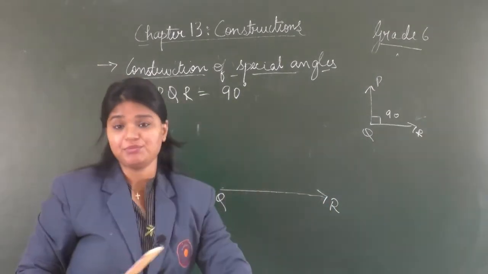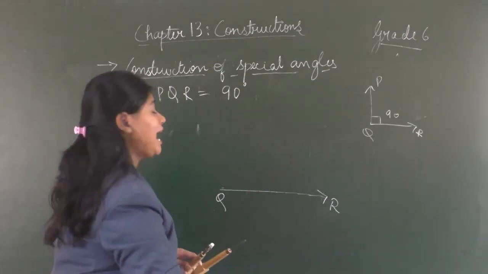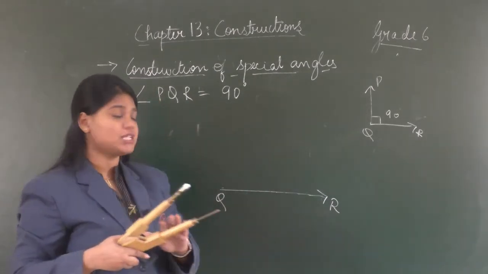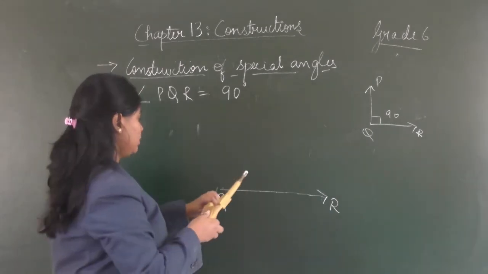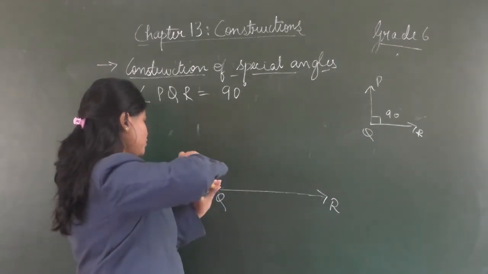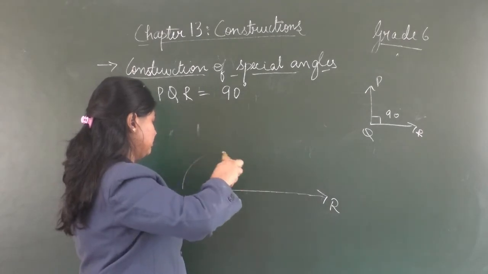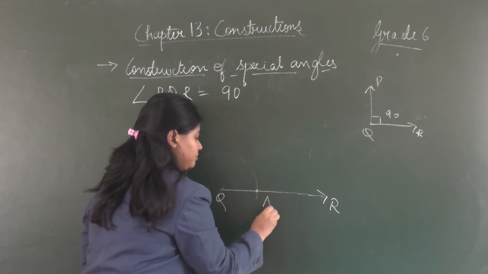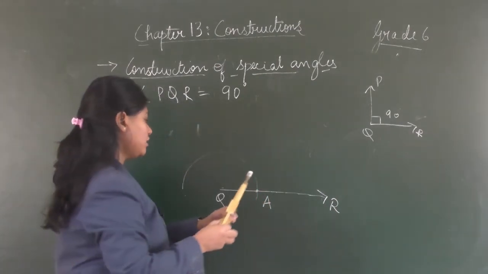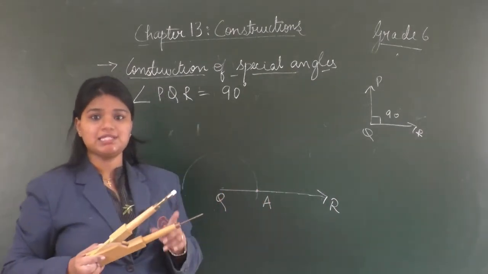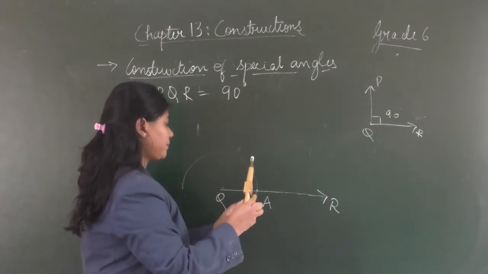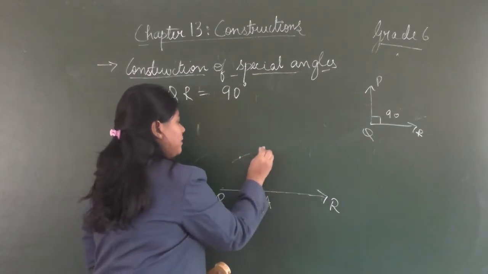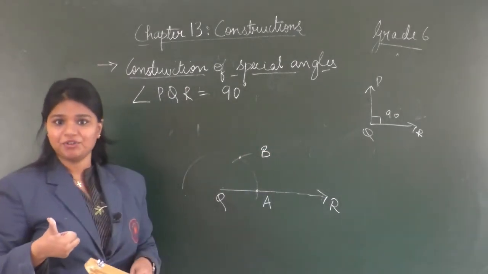Now we will follow the same steps of angle equals to 120 degree. That is, first we will take the compass, draw an arc of any measurement of your wish, right? So let's name this point as A. Let's cut this arc using the same measurement. Now we will place the needle on point A and I am naming this point as B. So we have drawn a 60 degree angle.